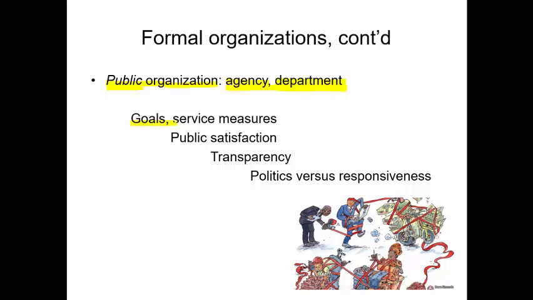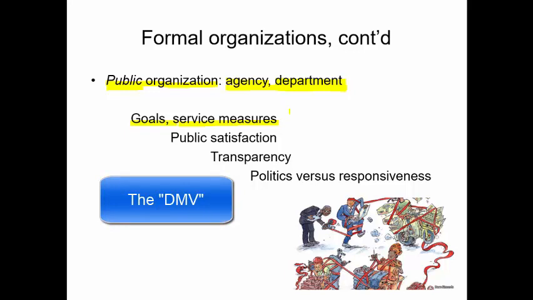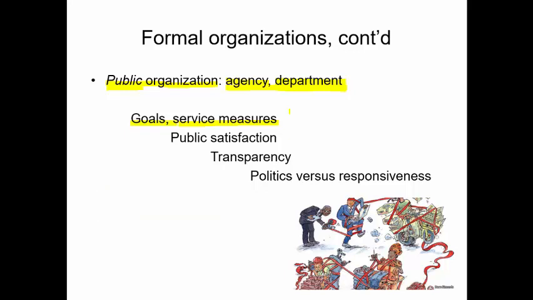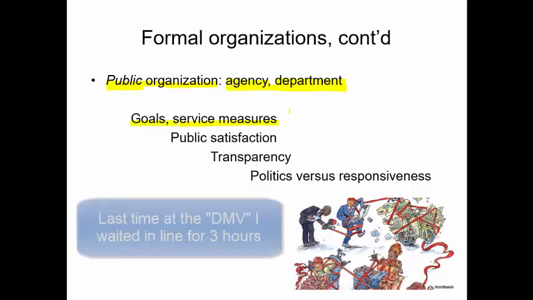They have service measures that they are trying to reach. For example, the Department of Motor Vehicles, they are trying to give you your driver's license and perform other services, and they don't really have anybody to compete with, because that's the only agency that you have to deal with to go get your driver's license. So therefore, you could be standing in line for a long time just to get your driver's license.